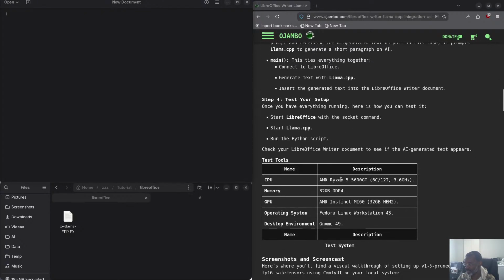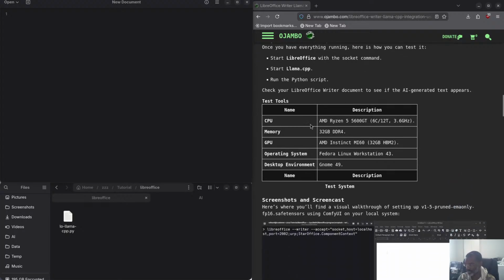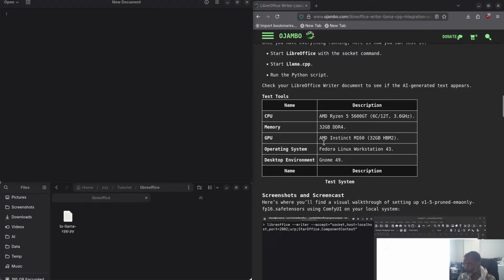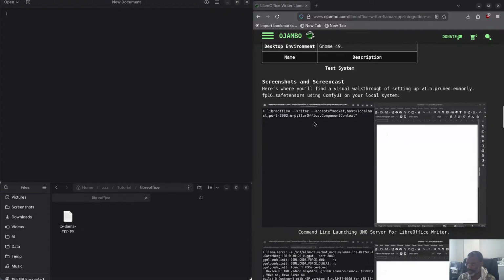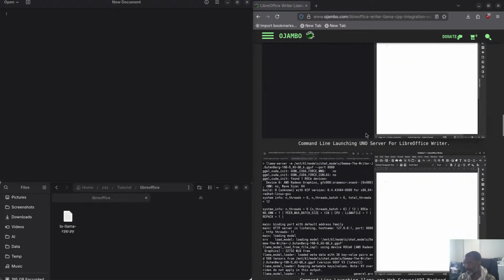All right, so I already explained my system here. I'm using obviously Fedora 43. I'm using GNOME 49, which is Wayland. And as you can see, my CPU is 6 cores and 12 threads, so that's more than enough. And here are some screenshots. As you can see, the first thing you always do is you need to open up the socket in LibreOffice. So you do that on the command line, or you can obviously make a desktop shortcut for that as well. And then you can see here I run the Llama